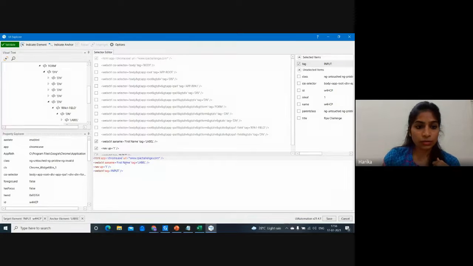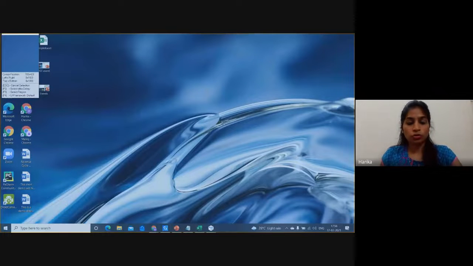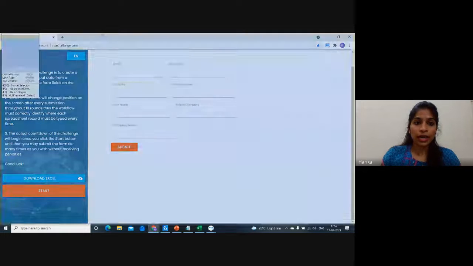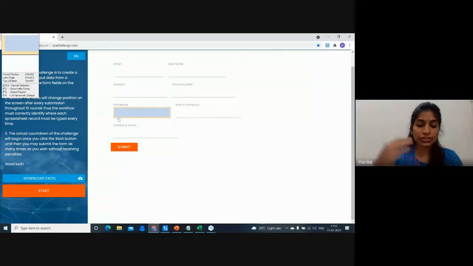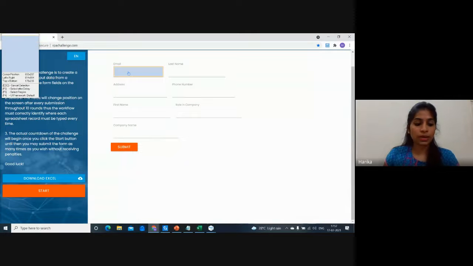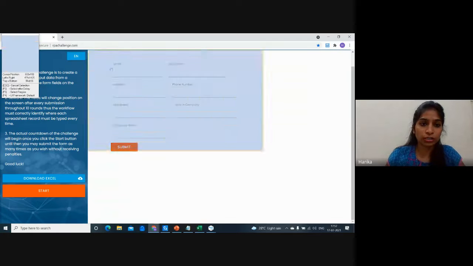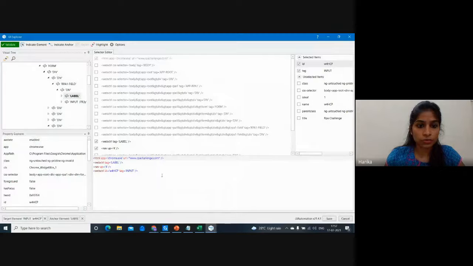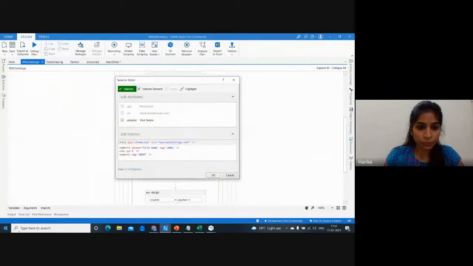So if you just observe here, when you go and click on indicate anchor, I'm just copying this part. Whenever you click on that indicate and you're not sure that you're on the page, you can just delay the spying of the element by pressing function F2, which is a shortcut that you can use. So if you just observe here, it has taken my label, but it hasn't shown me this part, right? The anchor, which is the first name. I wanted to take that.